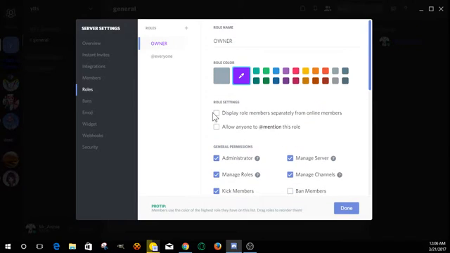And this right here, we will want to display members separately from online members. What this does is anybody who's online and has the @everyone role will not be separated from you if this is unchecked. But if it's checked, this is how you can separate people into different roles for ranks or something like that, that you do with a leveling system with a bot, which I will be showing you guys later on